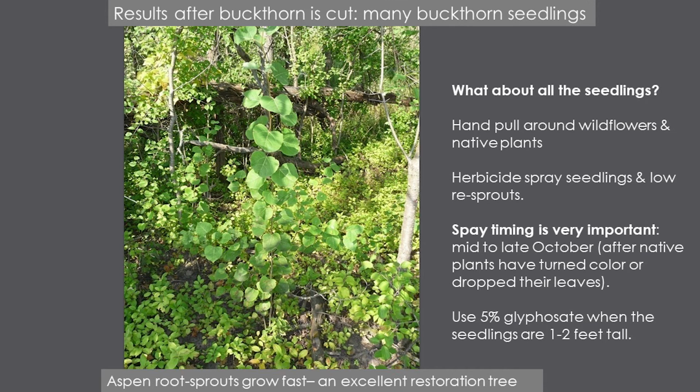Okay, we're talking about, so when you've got a plethora of seedlings covering the ground like this, you can do a spray. That's the one time I'm not using the daubers, because there's just way too much. You can do a spray in the fall, but you wait until about October 15th, you're just watching the fall colors, and when the native plants have pretty much dropped their leaves, the buckthorn remains green, and you can go in there and you can spray. But you do need to spray a little bit higher concentration. The typical foliar spray for foliar plants is usually about 3%, and we usually need about 6% to spray buckthorn seedlings in the fall.